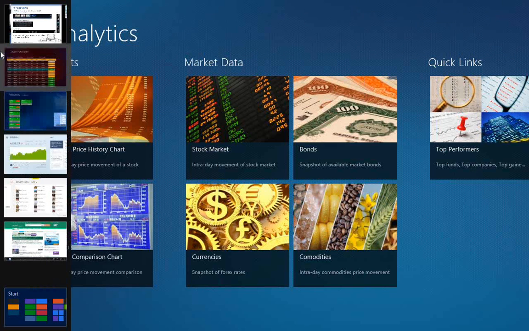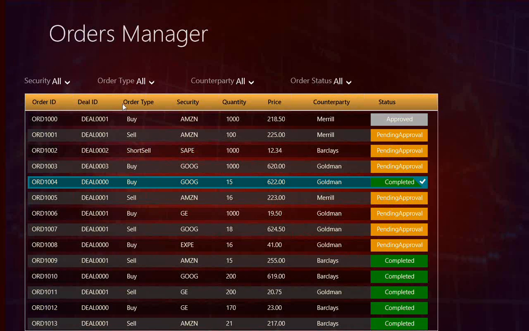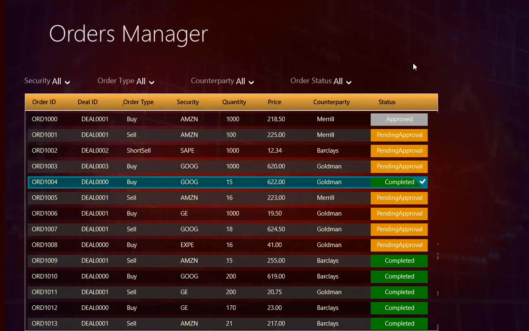The other important aspect is this whole commanding guidelines. Let's get back to the Orders Manager application. What the modern UI guidelines are suggesting is that if you have to place any commands, do not place them on the surface of the application. So avoid having command buttons on the main surface of the application. The main surface should be more focused on displaying the content, because that is the most important aspect of the application. For placing commands, there is a special area in the application which is called the app bar.